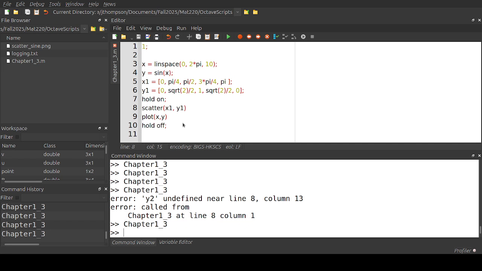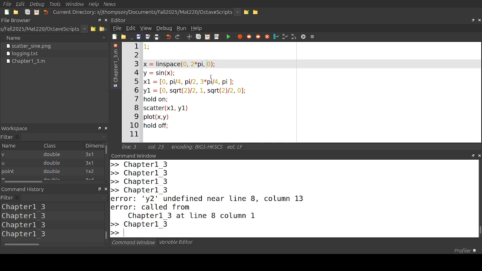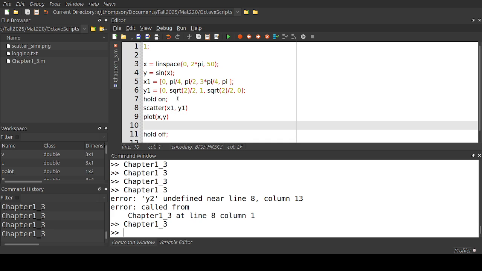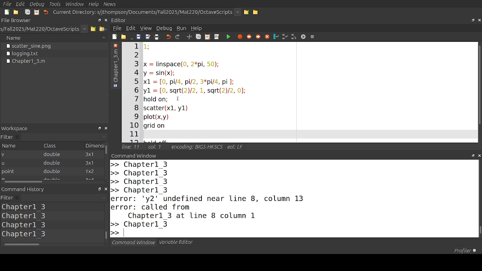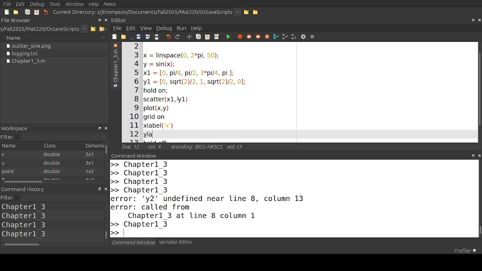Let's go back here. I'm going to do a couple fixings to this. I'm going to smooth out my graph. So to smooth it out, I'm going to go back to using 50 pieces here. And then we're going to have some options. So I'm going to want a grid. And I'm going to label my axes. So xlabel, I'm going to put X on the X-axis. ylabel